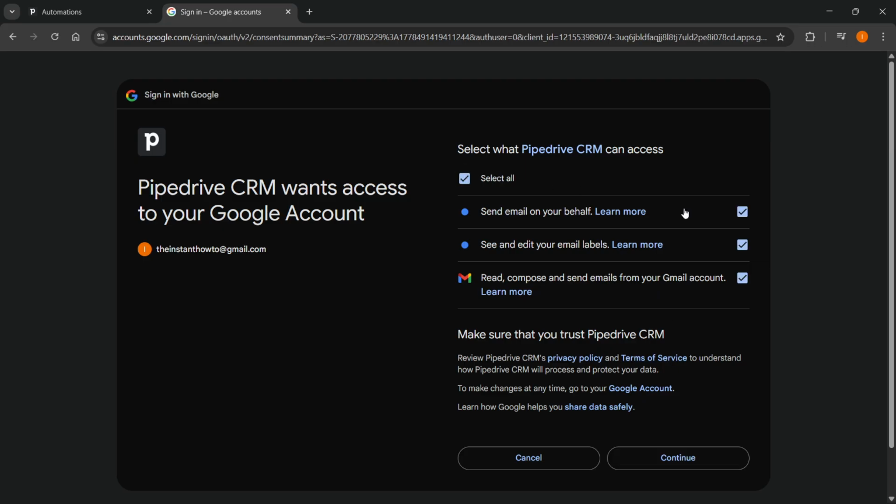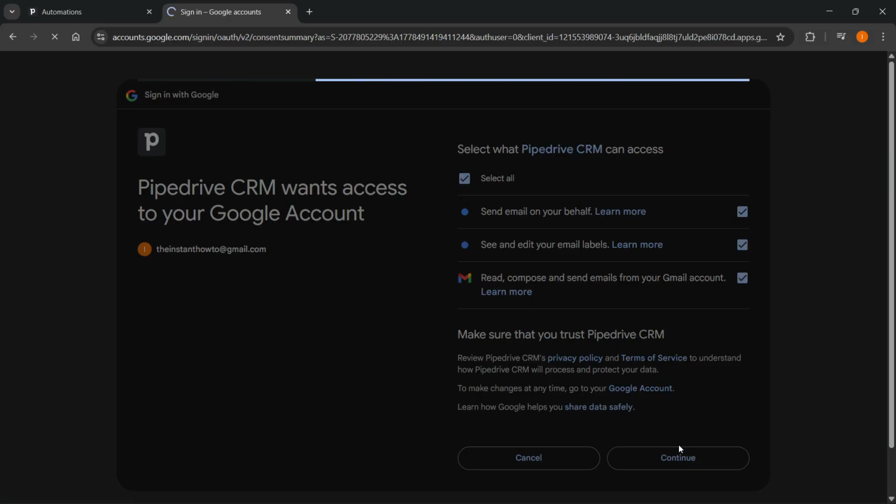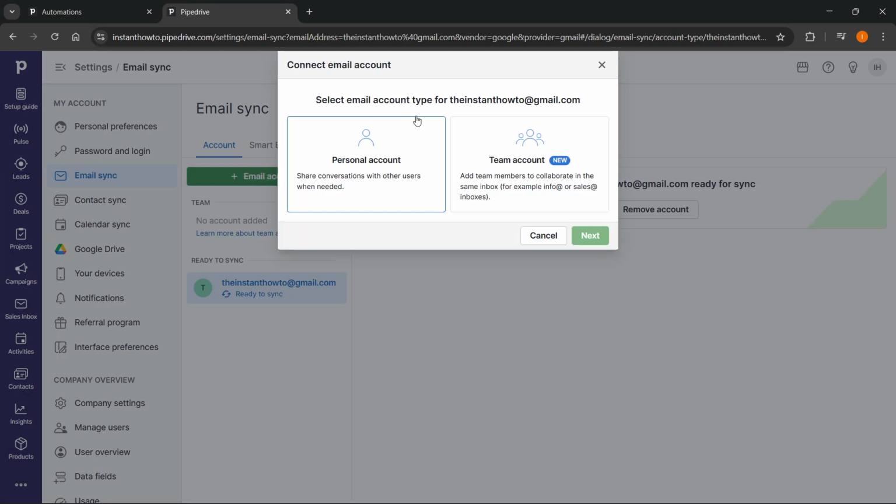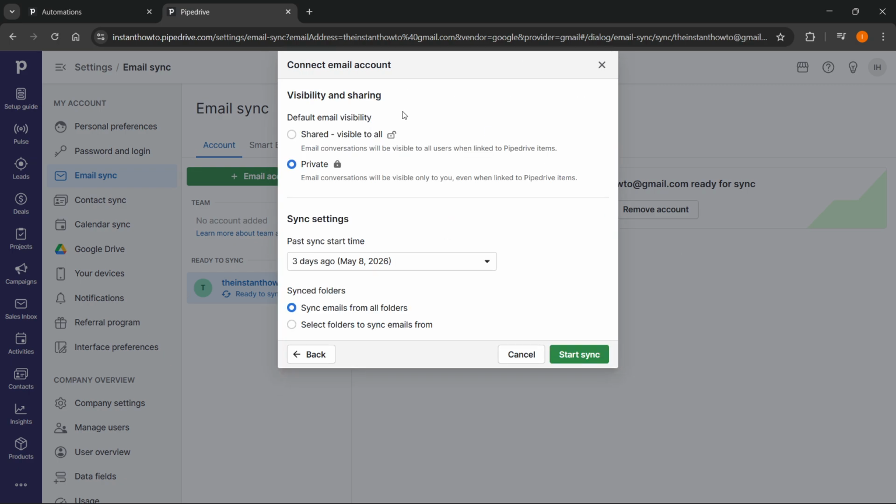So click on Select All, make sure all of these check marks are enabled, and then click on Continue at the bottom right. After this, it's going to take you back to Pipedrive, and it's going to ask you what type of email that is. So I'm going to do Personal, and then Next,